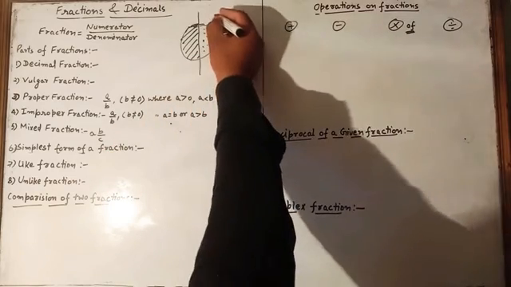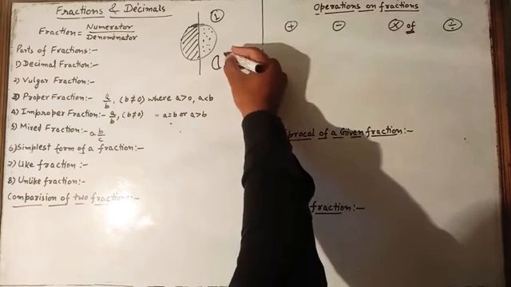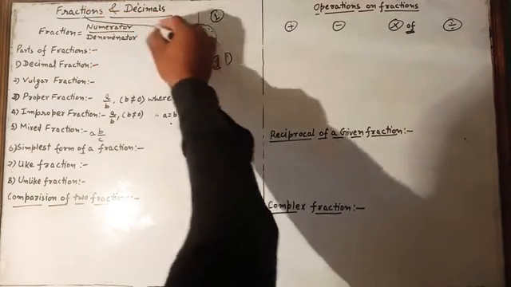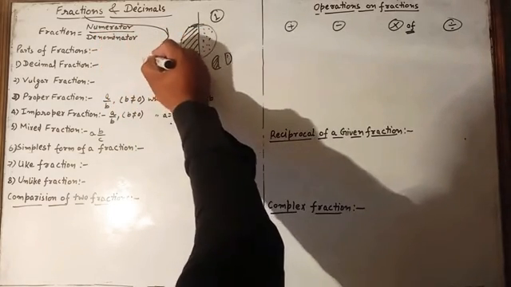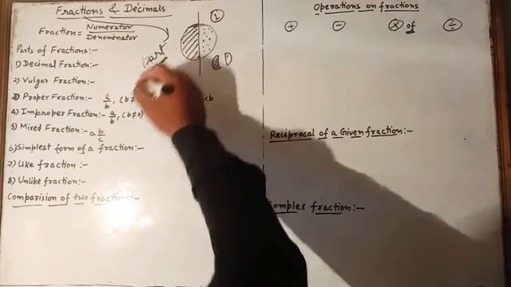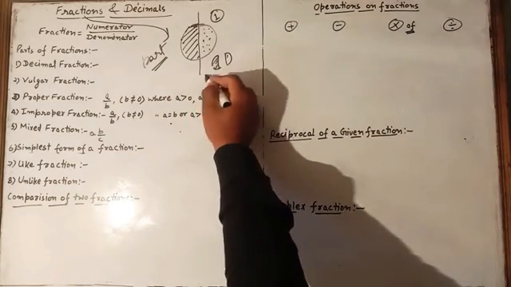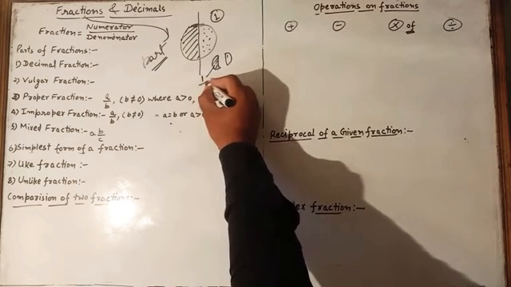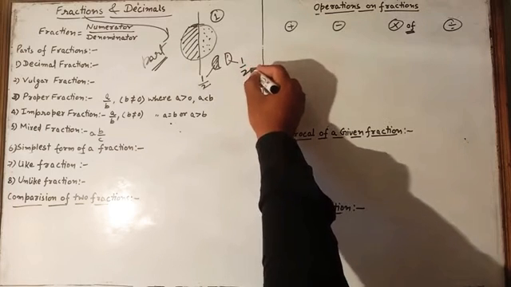So first of all it was one whole, one complete. Now it has two parts like this. So what is the fraction? Fraction is none other than parts. Fraction means parts. So how many parts are there? Total two parts. Now this part is how many parts of these two? One part. So we will write it as 1 out of 2 parts, and this one again we will write 1 out of 2 parts.